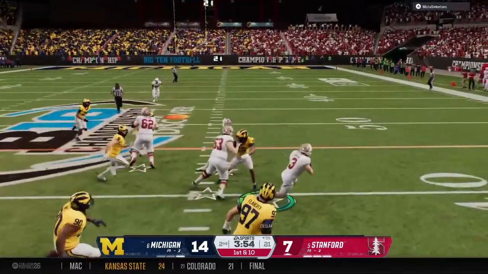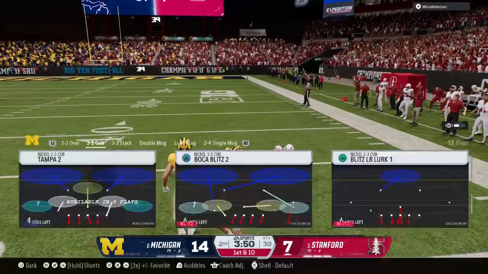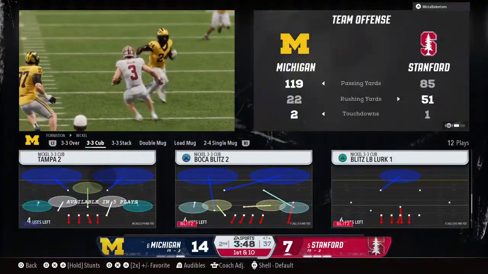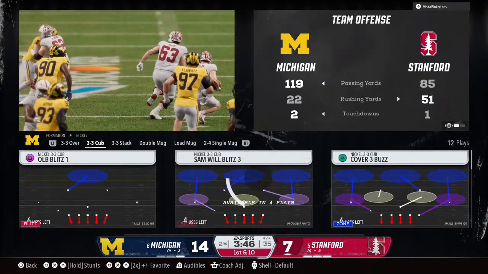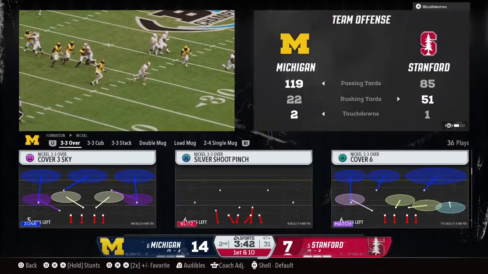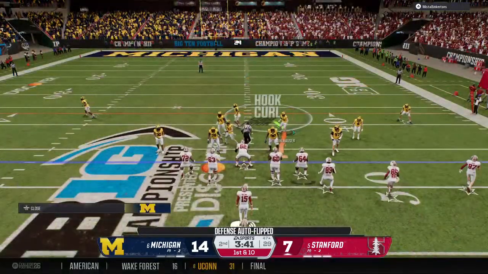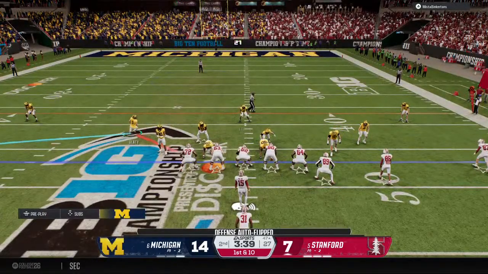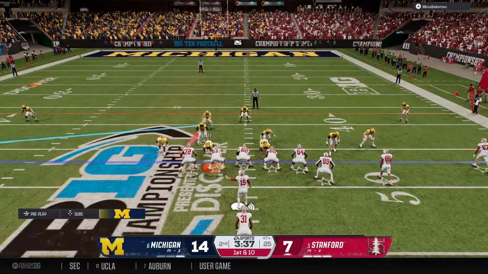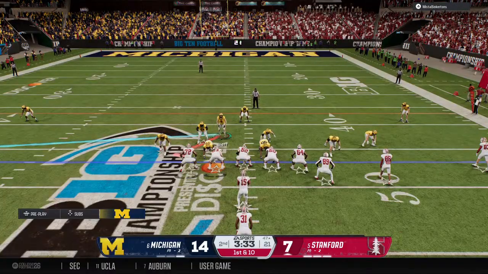Looking to set up a screen pass here. He's found some room at the 45. He's brought down, but not before getting into enemy territory at the plus 47. Chris, it really looked to me like those linebackers in zone coverage had their eyes in the backfield looking at the quarterback. They lost the running back sneaking out on that angle route. And I thought the quarterback did a nice job of waiting, being patient, and then making a nice throw for a 1st down. They'll change the pre-snap look now.